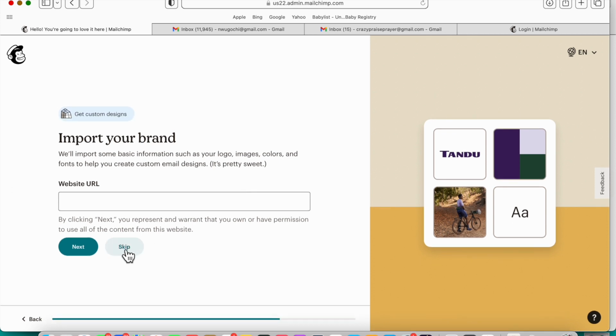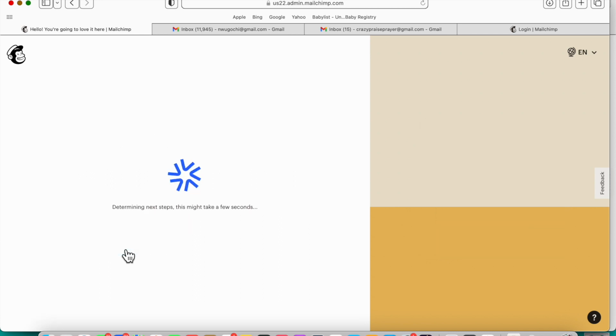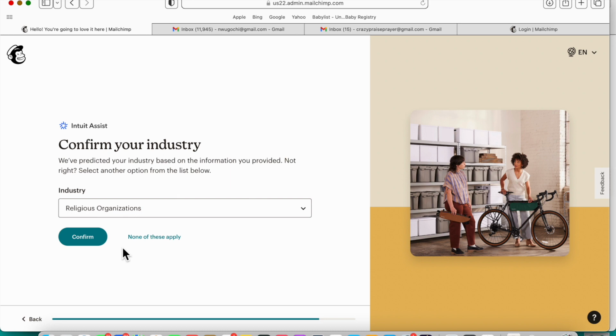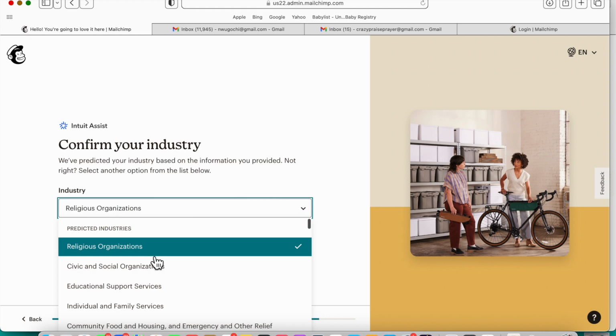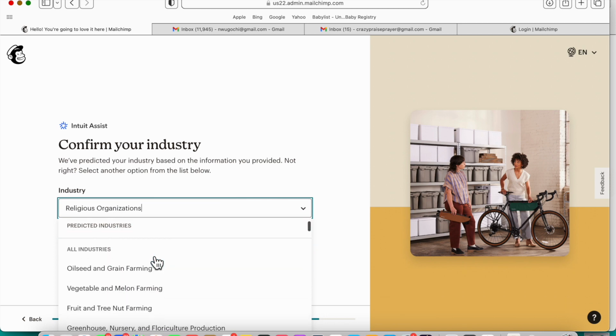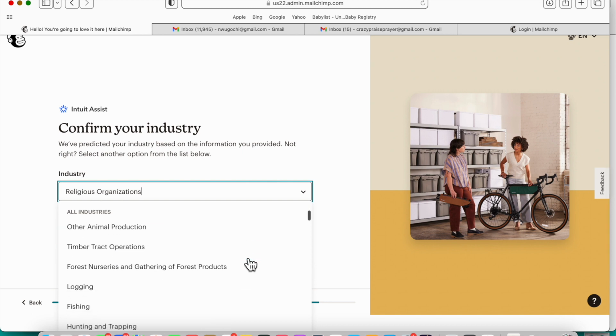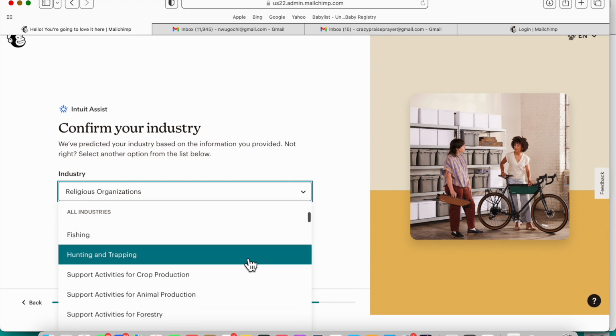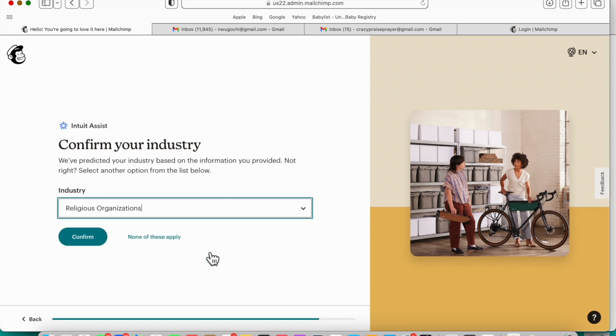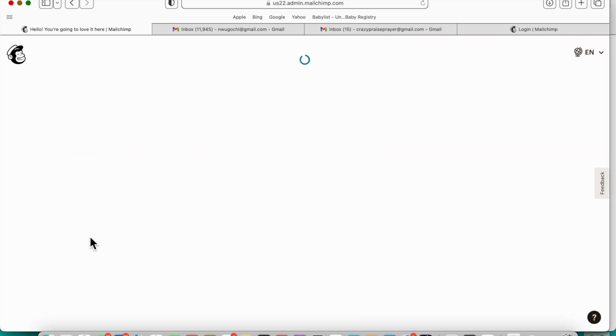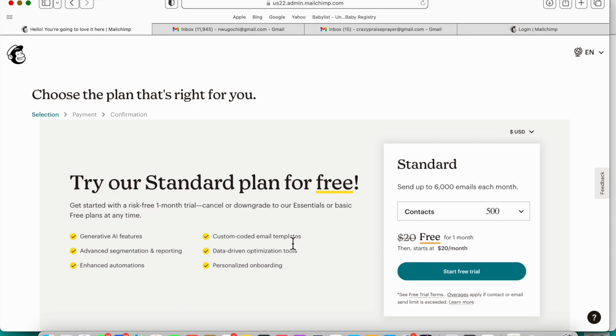Import your brand, you're going to skip that. So if you don't have a website, you're not going to import your brand. All right, next, it's loading. Yes, give it a second. Okay, so now you're going to confirm your industry. You could take a second to just browse through these and see all of the different industries if you're someone that found this on YouTube and you just need help setting up and you don't have an online ministry. But for those of y'all who are setting up your online ministry, you are going to hit religious organizations,